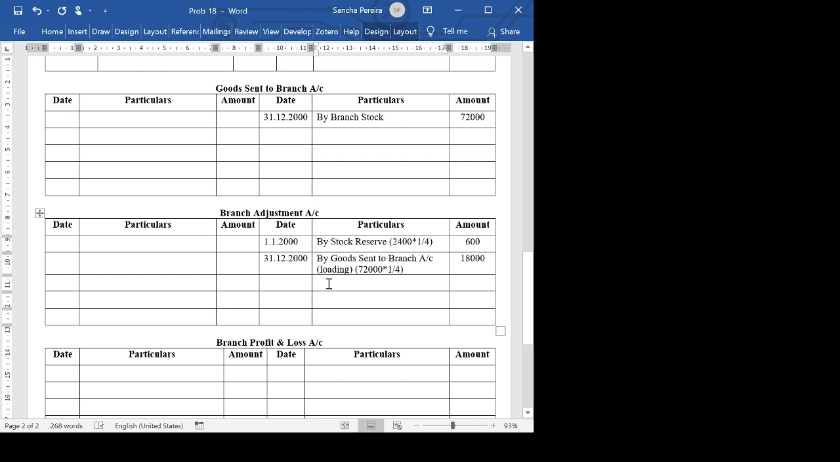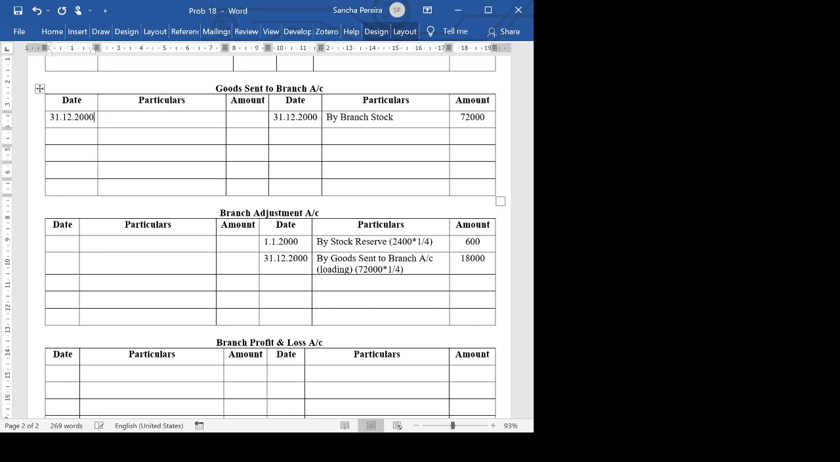Where else should this entry come? Goods sent to branch account. Yes, it will come here as on 31st December. And how will you post it? It will come as to branch adjustment account. To branch adjustment account. If you see here in your branch adjustment account, you've shown 72,000 and on the other side